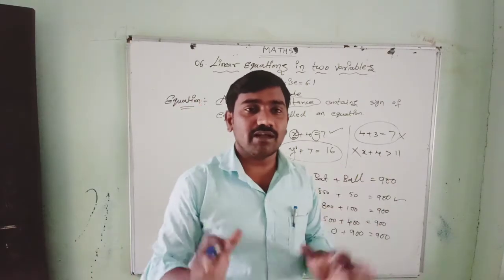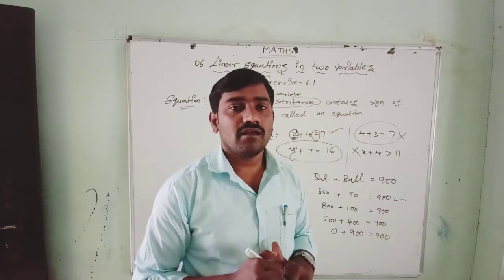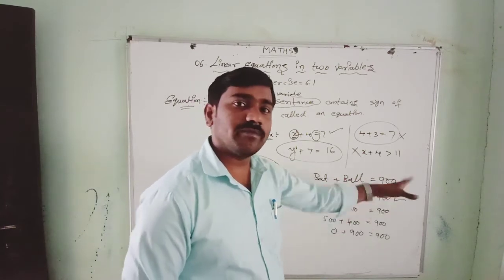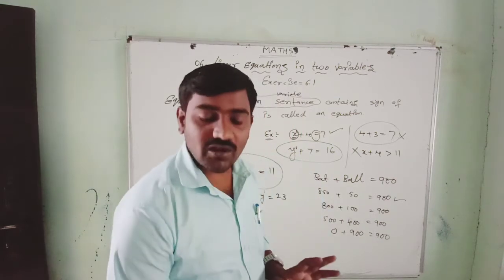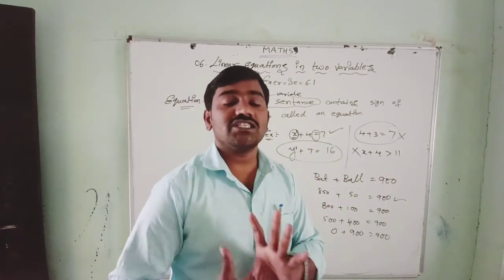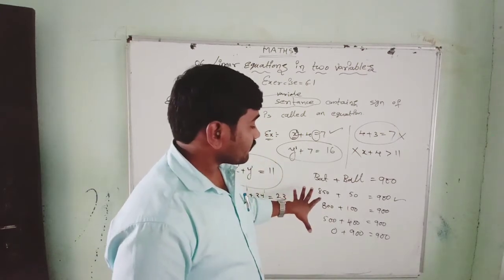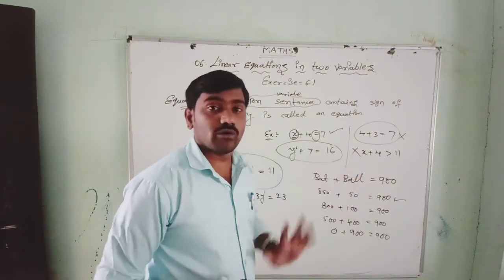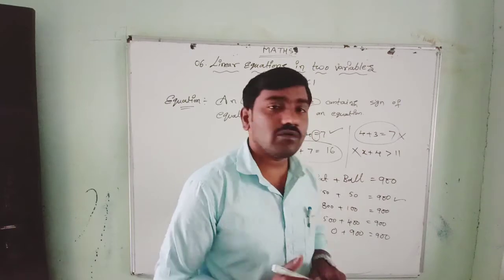There are many chances, I am telling you. Shopkeepers will keep offers like that. They don't want to lose. They know the business tricks, how to run their business. But see, here the bat cost is unknown and the ball cost is also unknown. We don't know either value individually.